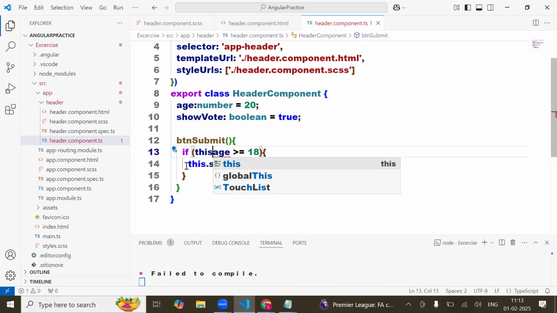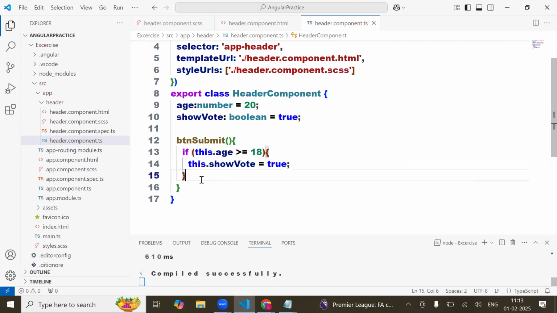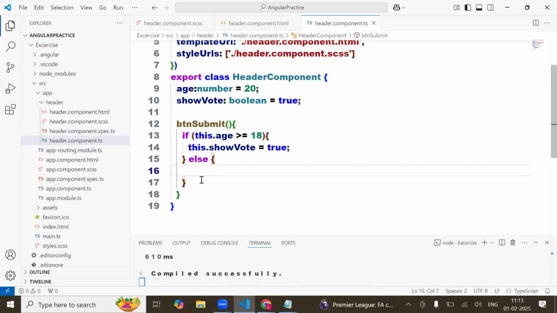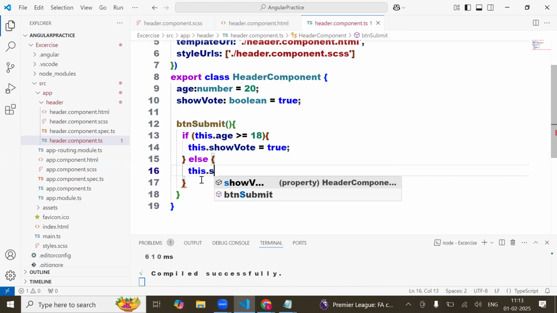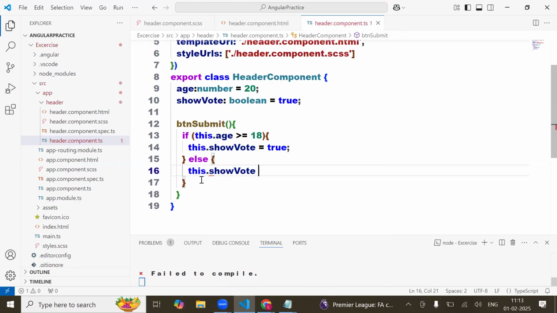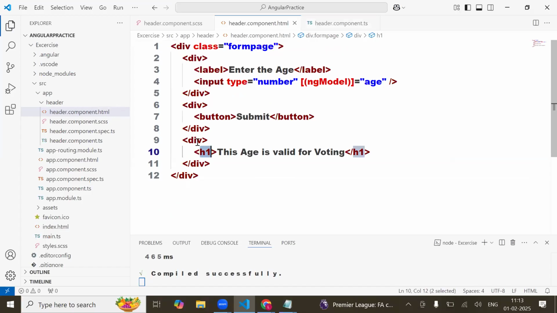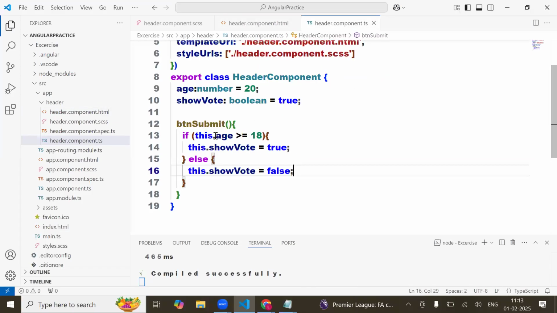You have to put here this.age, and then else this.showVote equal to false. Understand my point? Say yes or no? Yes. Okay, now in the HTML, in the div, I want to decide based on the true or false